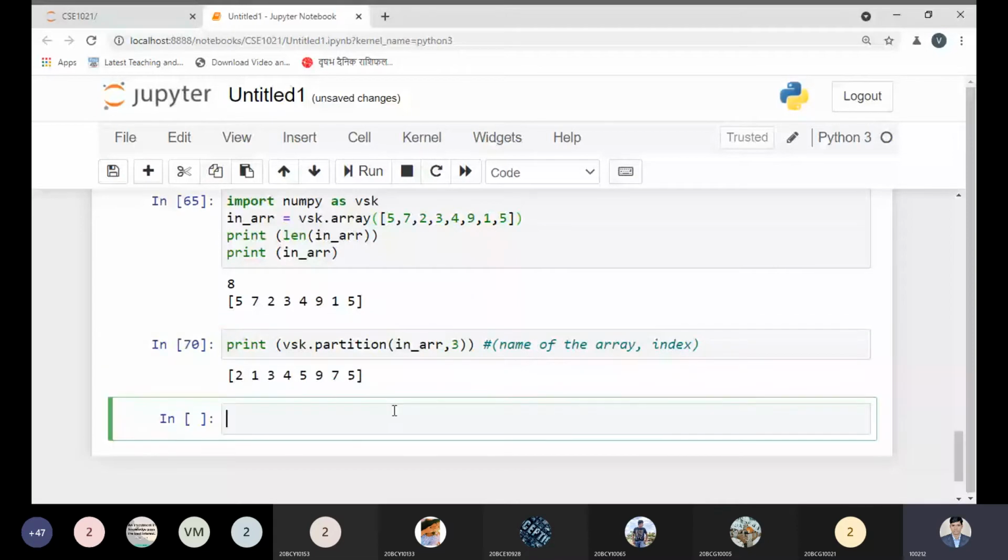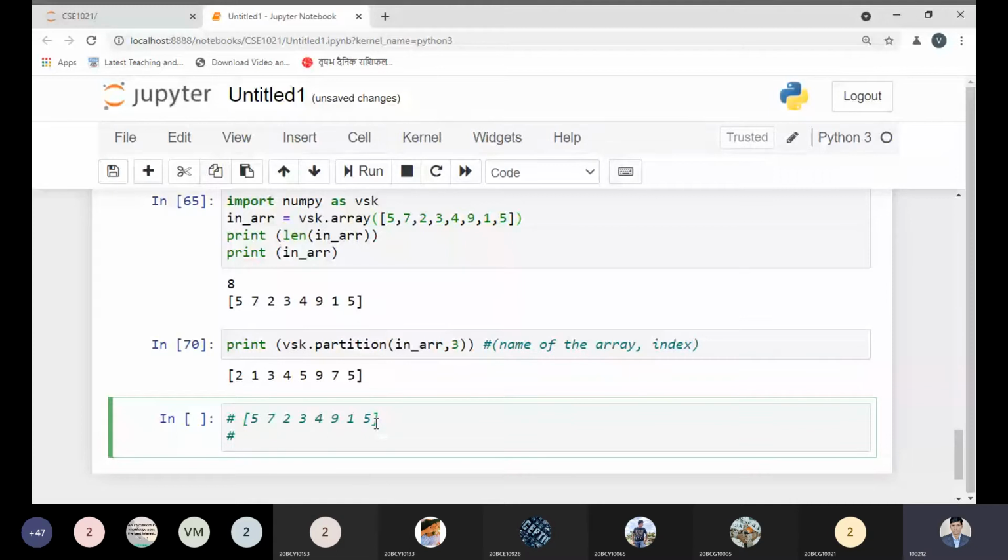How are we getting this value? So let us clear once again. Okay, what are the elements? We have this list of the elements. In total we have 8. Okay, now if we're talking about the index value 3. So 0, 1, 2, 3. On the index number 3, we have the value 3. Okay. So on the index 3, we have a value 3.